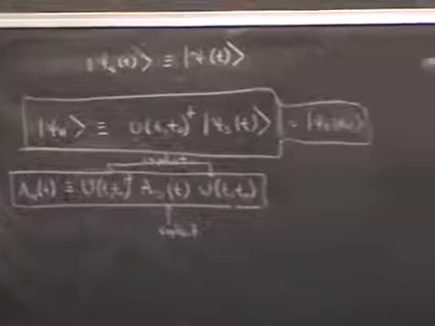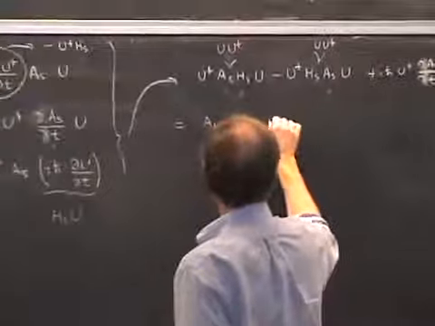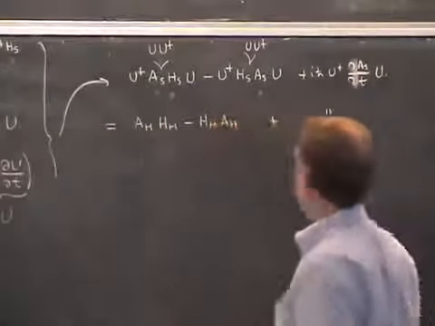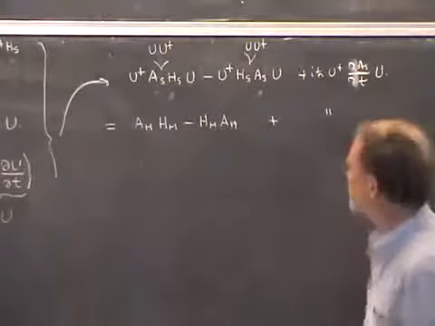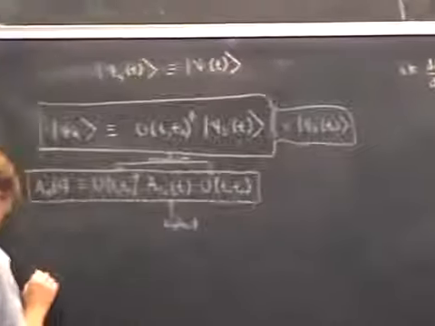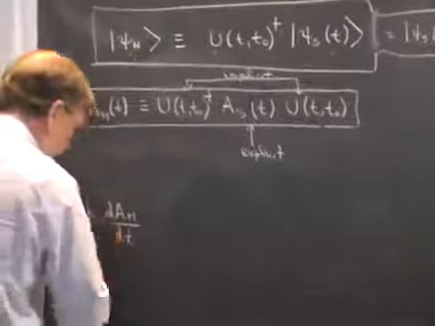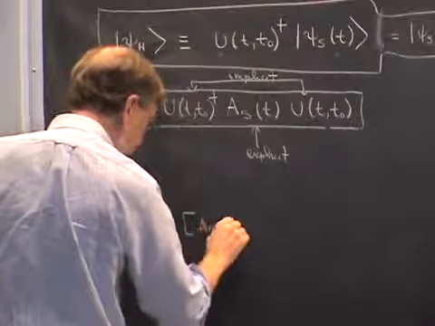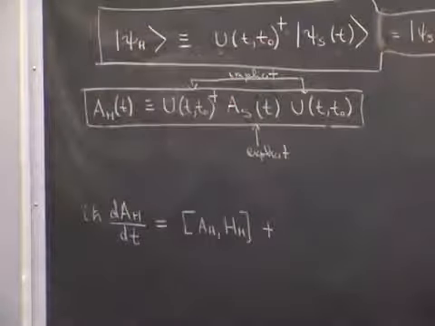And so the first two terms become A Heisenberg times H Heisenberg minus H Heisenberg times A Heisenberg, plus the third term under this copy. And the result is, you see there's a commutator here in the first term. And so I'll write this over here, we get an equation of evolution, i h bar dA Heisenberg dt is equal to the commutator of A Heisenberg with the Hamiltonian in the Heisenberg picture, plus this last term.